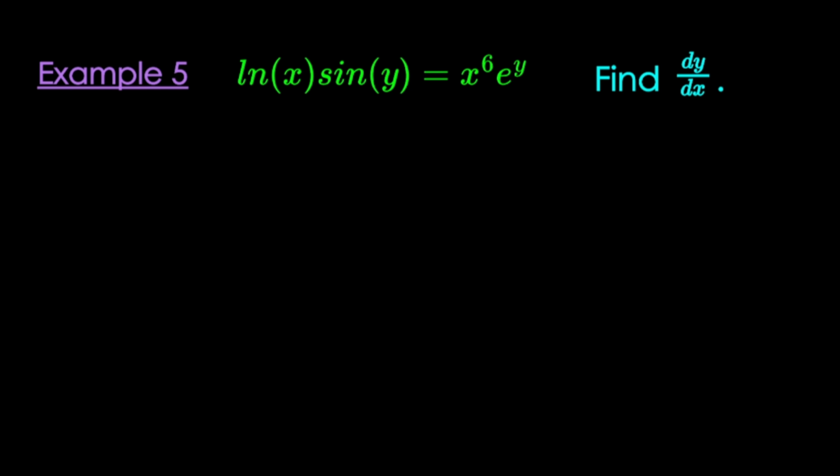So we need to use the product rule to take the derivative of the left side. So the derivative of natural log of x is 1 over x, and we multiply by sine of y untouched, plus, and then this time we don't touch natural log of x, and we multiply by the derivative of sine of y, which is cosine of y. Now remember, we're finding the derivative with respect to x, so we have to take the derivative of y from the inside with respect to x. So we multiply by dy dx